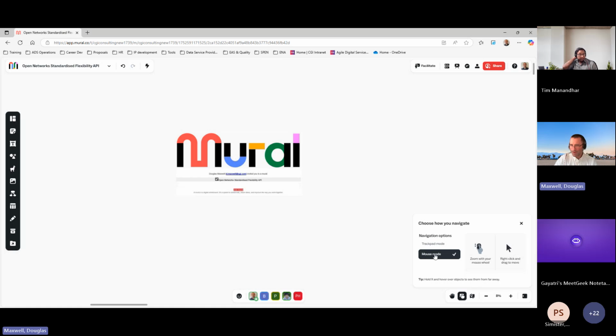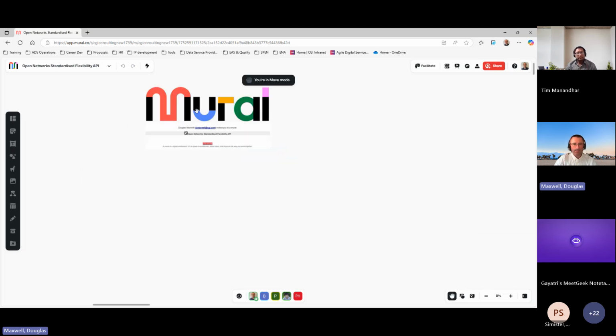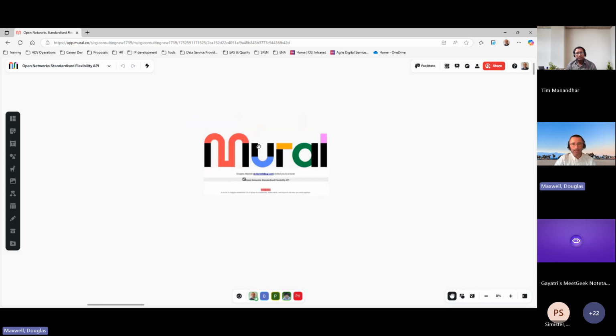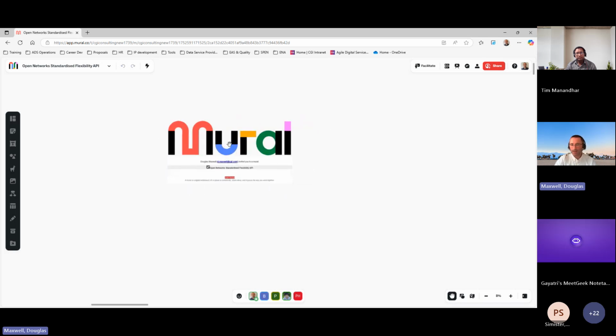That's obviously we're on mouse mode just now, but if you use trackpad mode, then it tells you a bit on how to navigate via the trackpad mode as well. Just the final little bit of the navigation, move mode, basically puts a hand up, and it just means that you can move any part without changing the structure of the board.